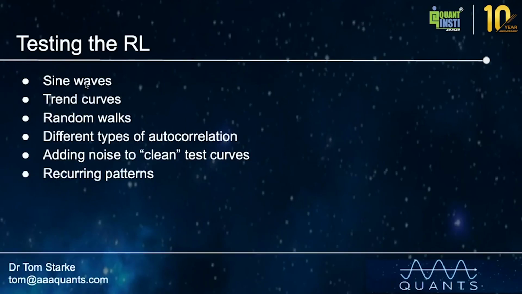And normally what I would expect is that very quickly my reinforcement learning machine will learn how this sine wave works and start becoming very profitable, because a sine wave is obviously very clearly predictable and easy to understand for a reinforcement learning machine. Then in the next step, for example, I could apply a trend curve, and again, I should see very quickly positive results from my reinforcement learning machine